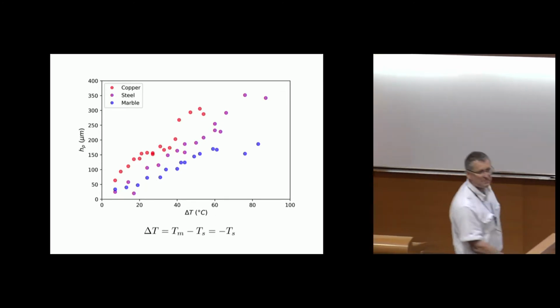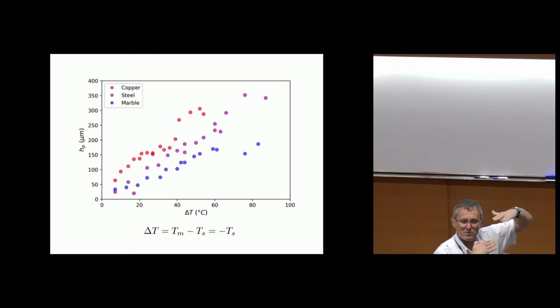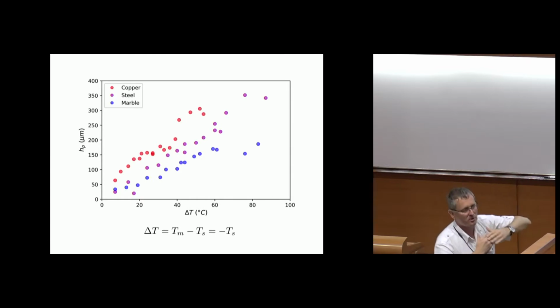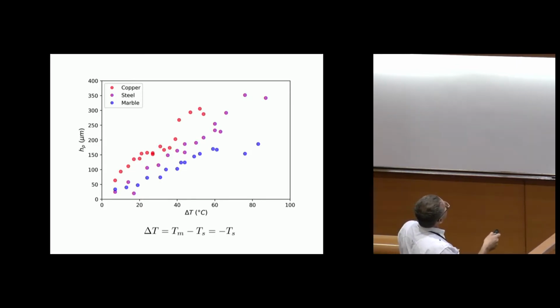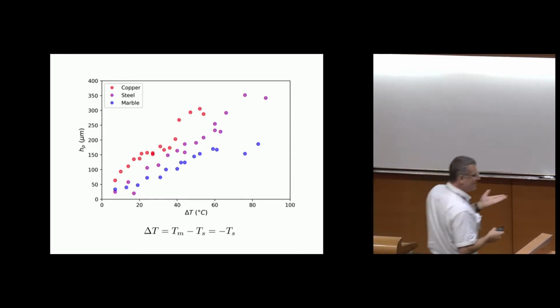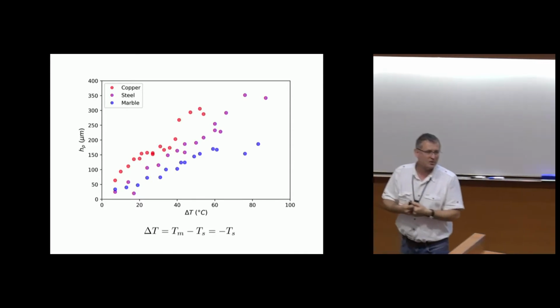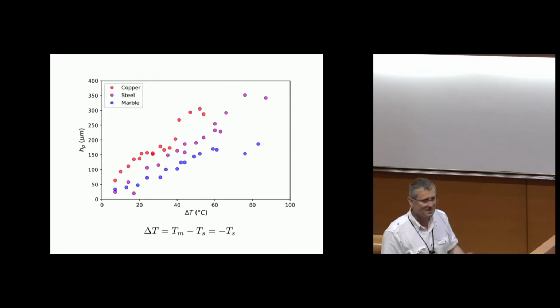First, there is an obvious dependence: as you increase the temperature difference of your drop, you increase the thickness of your ice layer, which is expected because the cooler the substrate, the faster the ice will grow in height. On the other hand, you also see that this thickness depends on the solid, which you can also understand: if the solid can transmit heat much more easily, for instance copper, it will freeze the water much more easily than marble, which does not conduct heat as fast as copper.